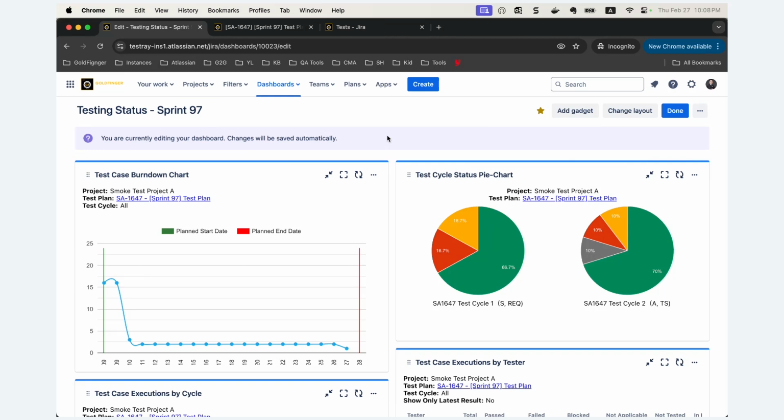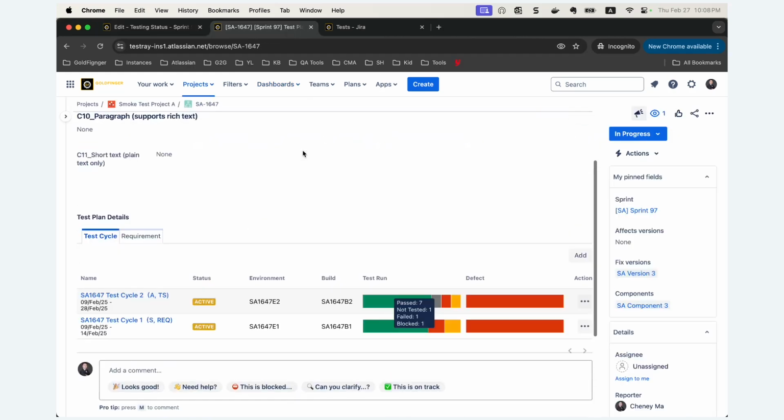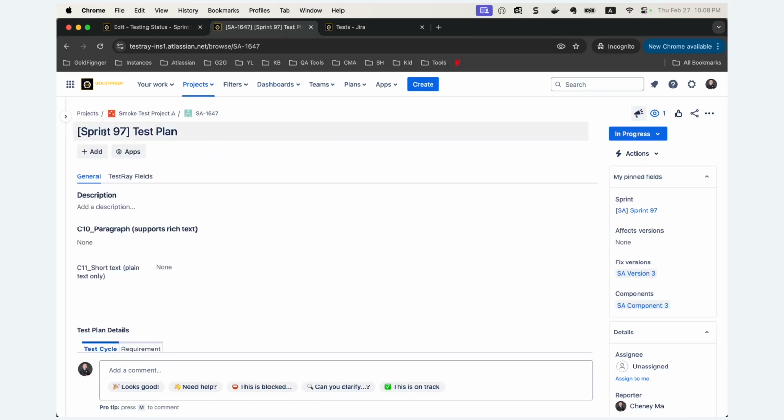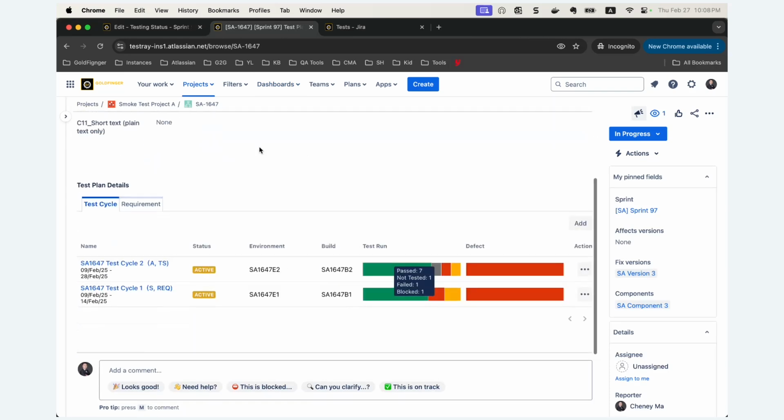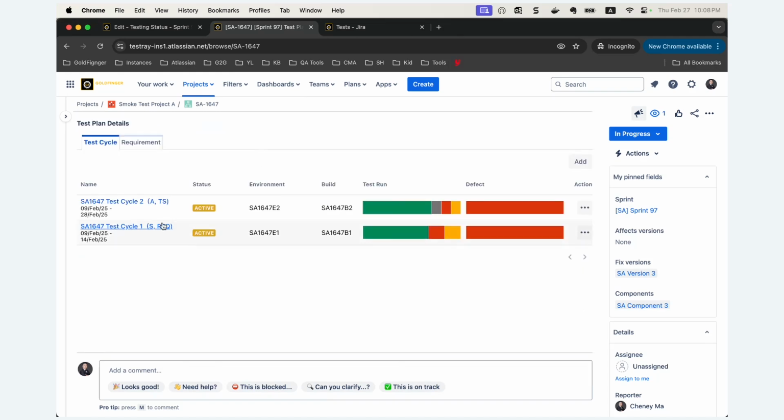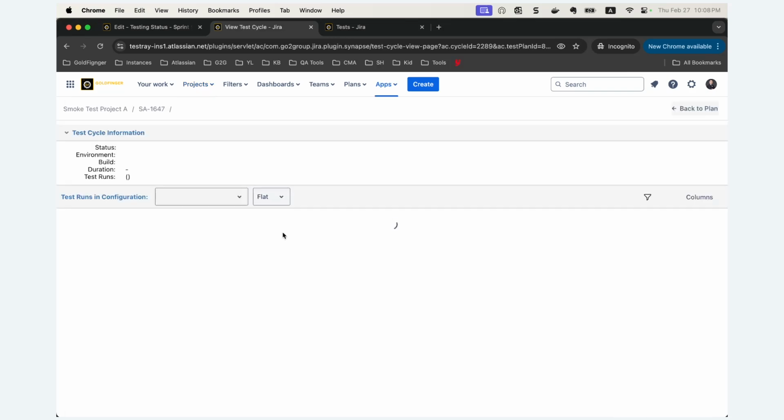Today I'm going to introduce how to generate brief testing status by using TestRay gadgets. First of all, let me go to one of my test plans, which is down in Sprint 97. Inside this test plan, I have two test cycles. You see here, I have different numbers of test runs. And if I open it, there are a couple of executions